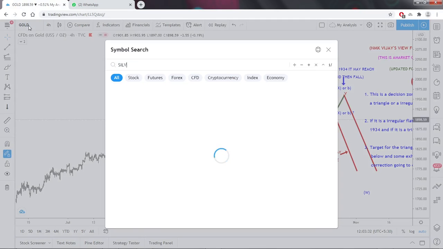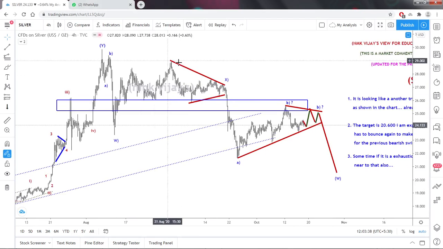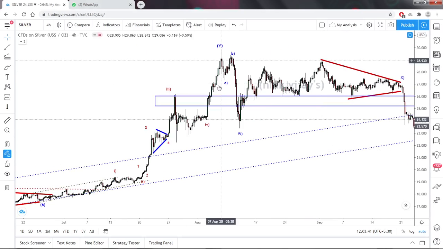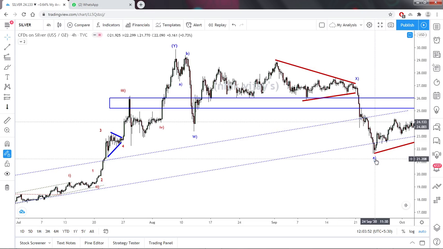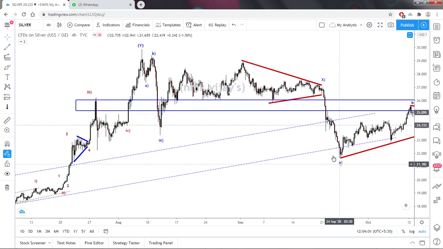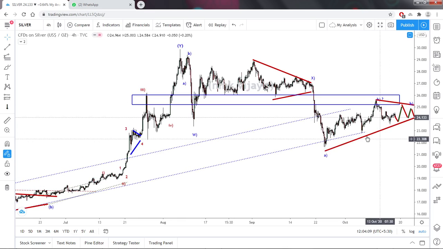So silver, that is also very beautiful. See, this is also ABC as a W, because I took it as an ABC, A, B and C. So there is no change here. There is a W, and this is a triangle of X, and ABC got over, or this is the ABC I had, maybe a Y got over, or it could be a bigger W. It's a double bracket W, we can make it, or Y, whatever you want to call it. And again I am looking for the downside, and again it is coming very slowly.